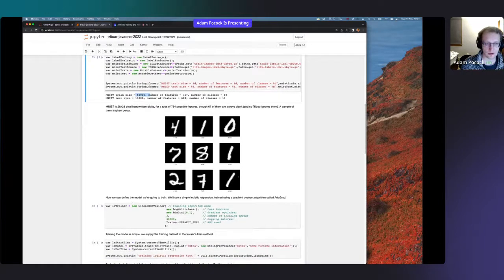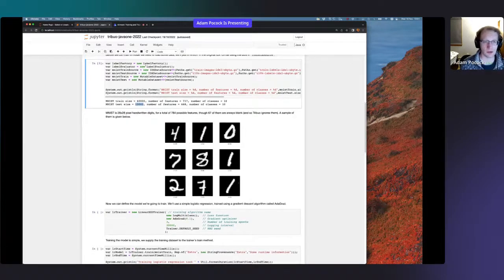So we've loaded the data in. We loaded in a test set that we're going to use later on to evaluate the performance. And we created a couple of Tribuo incidental classes, one evaluation factory and one factory just for dealing with the particular kind of prediction problem, which in this case is classification, which means we use a label factory.